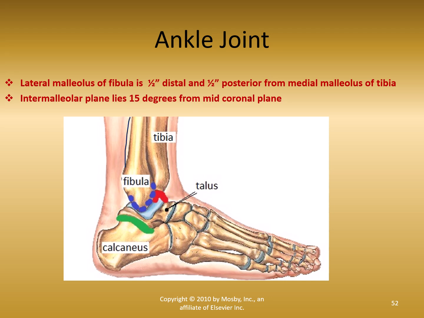Even though it's not an x-ray, we can see that it's definitely superimposing. We can't see the rest of the tibia because the fibula sits on the posterior half of the tibia in the picture itself. So remembering that the lateral malleolus of the fibula is a half an inch posterior to the tibia, and the